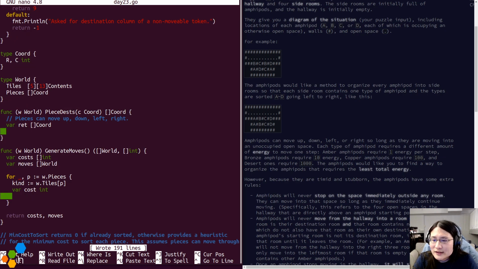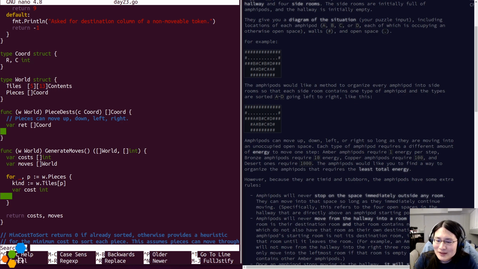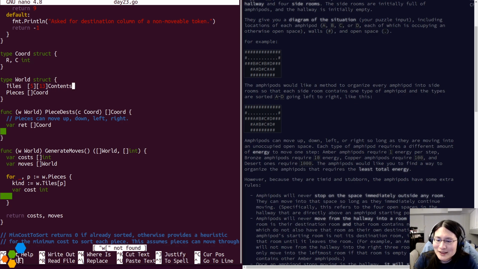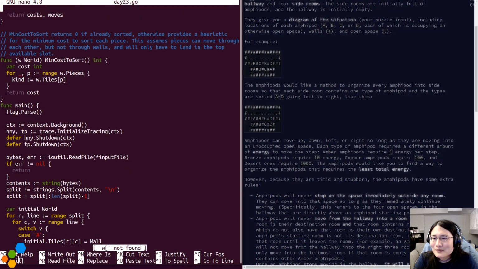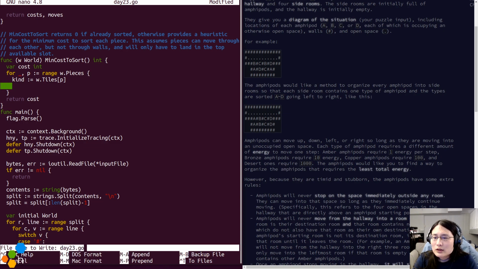W is a struct which the compiler would have eventually complained at me about. It technically needs to be w.tiles, but let me see whether I've made the mistake in Rails. No, I haven't. Okay, so